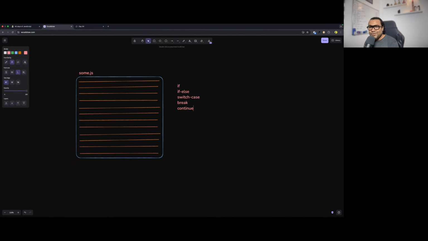For day 3, I know the task was a little more complex than the other 2 days. Day 4, believe me, it will be much more complex. But I want you to win, right? I want you to practice all the tasks. I want you to submit all the tasks to our Discord. So towards the end, I'm going to explain how you are going to submit the task and how you are going to win.